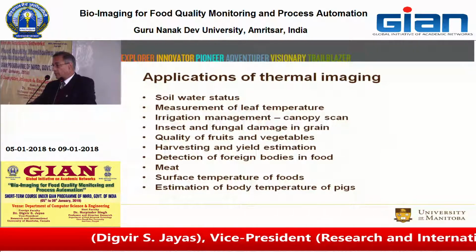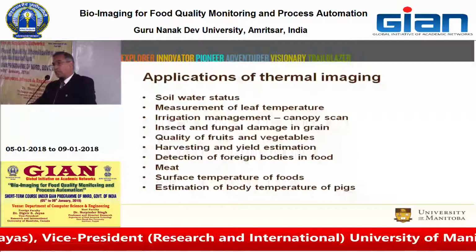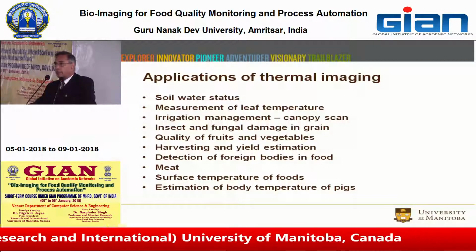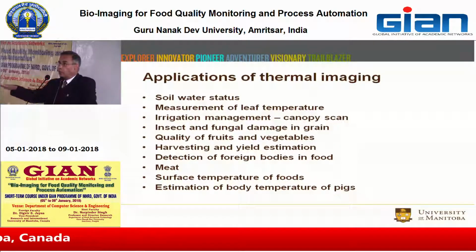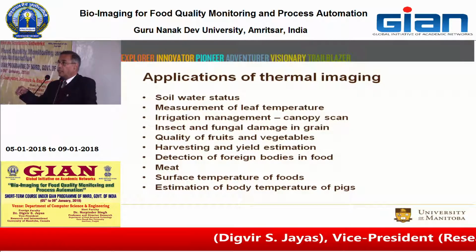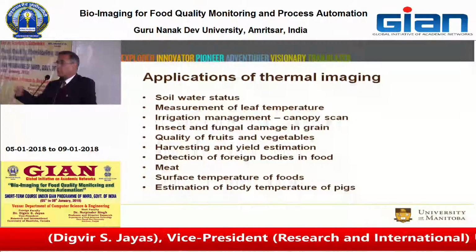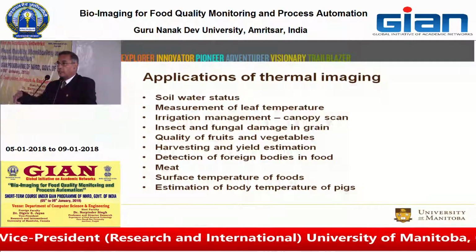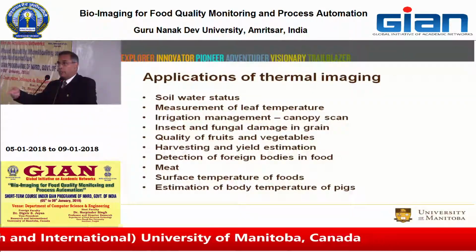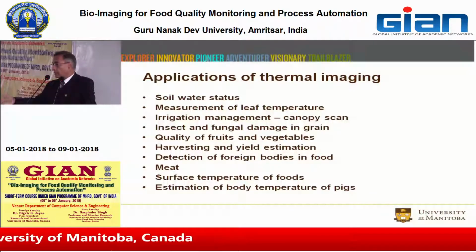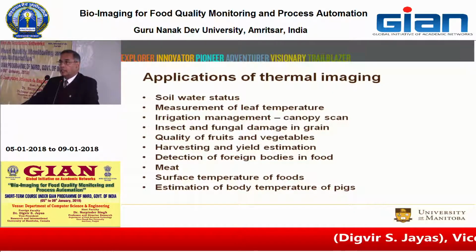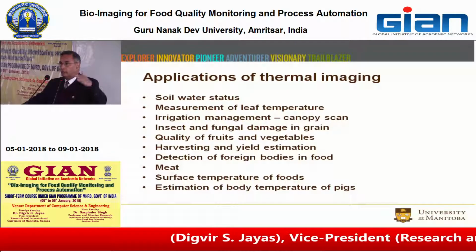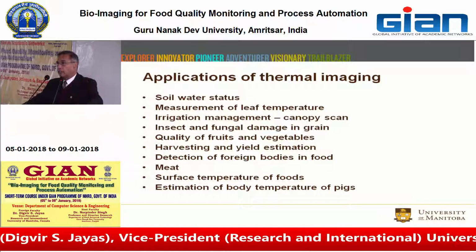with the thermal camera. Irrigation management is another example where thermal cameras are now quite frequently used, where you would have the crop canopy, and the crop canopy temperature would basically tell you whether the plants are under stress or not. And then knowing that plants are under stress, you can turn on the irrigation system. So most of the automated irrigation systems nowadays would use a thermal camera to turn on the water,